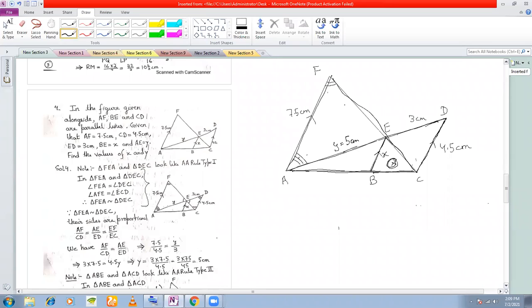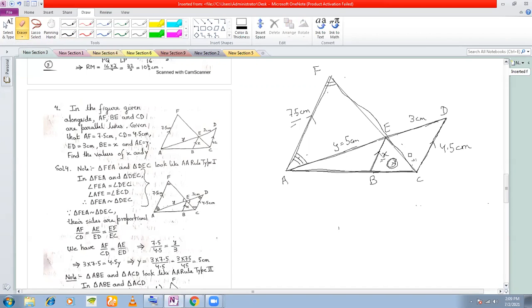Suppose if you choose triangle ACF, the taller triangle, then if you are choosing this triangle, what sides are given? Here this side is given. Here this one x you need to find out. Okay. What else needs to be given? The side of this triangle FC needs to be given, right? But this entire side, FC, is not given to you, isn't it? What else? You need to know EC also. But this is also not given to you.